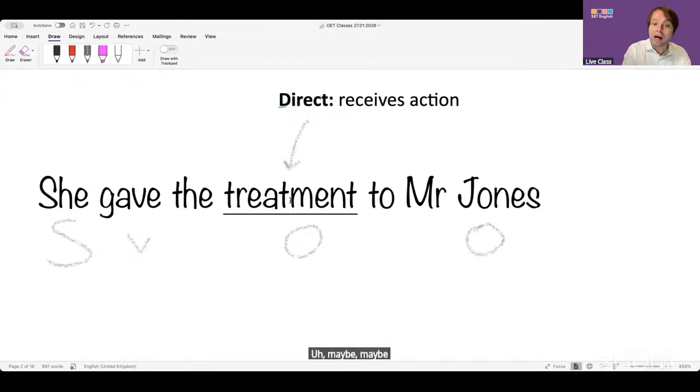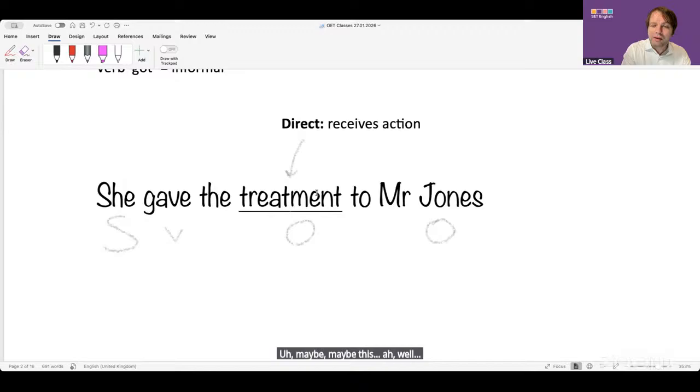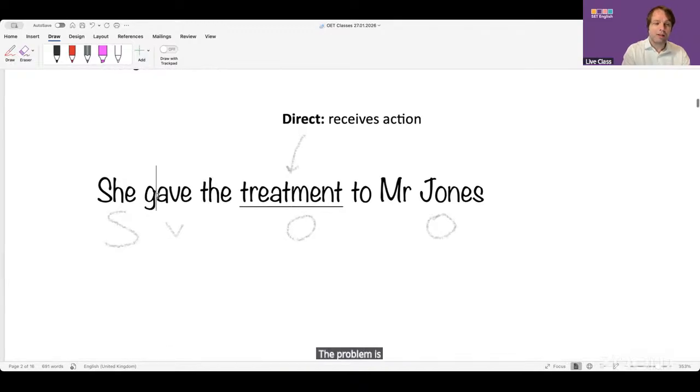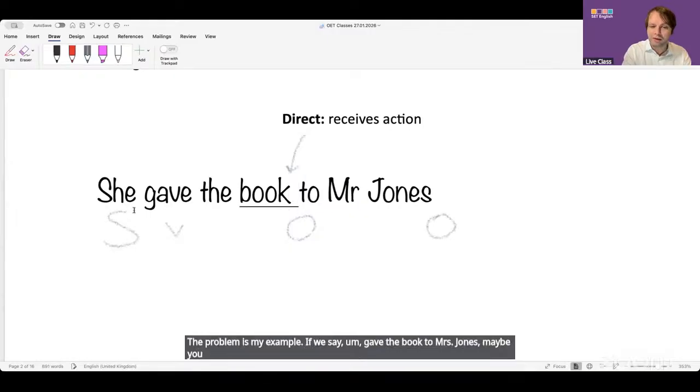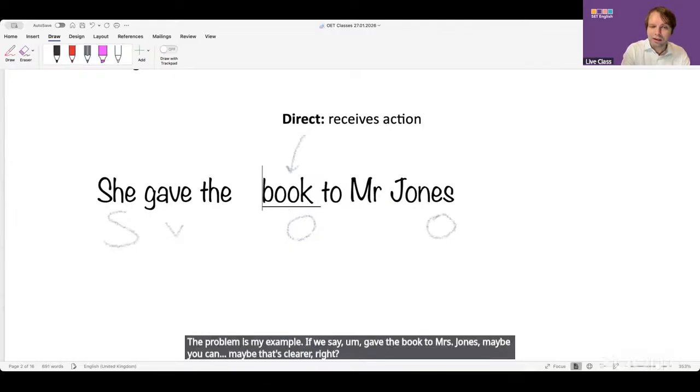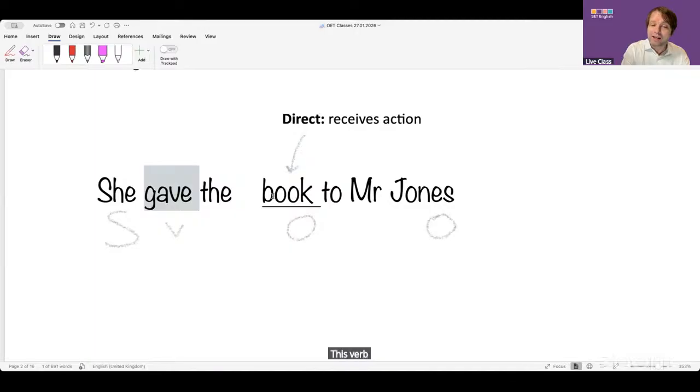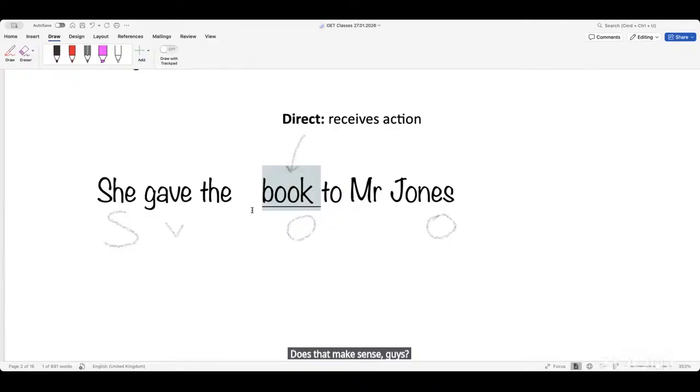Maybe this, well, the problem is my example. If we say gave the book to Mrs. Jones, maybe that's clearer, right? This verb is connecting to this directly. Does that make sense? She has the book in her hand. Does that make sense, guys? Yes. Can't see your faces. Okay, so